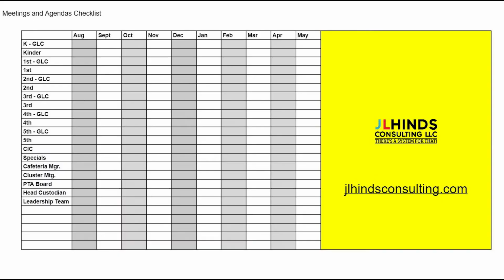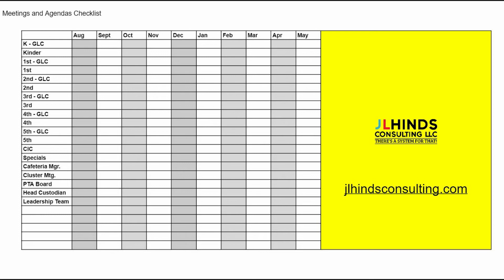And then you've got those other meetings, the cluster meetings. If you're at a Title campus or early childhood or bilingual, you'll have those meetings too. And so keeping up with all these meetings, that's two a week, and that's 1, 2, 3, 4, 5, 6, 7, 8, 9 minimum for the month. That's hard. So, of course, I make a system for it. And it's a simple checklist. This is what it looks like. But this template will keep you on track